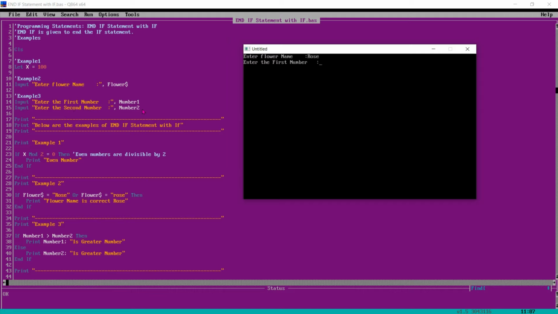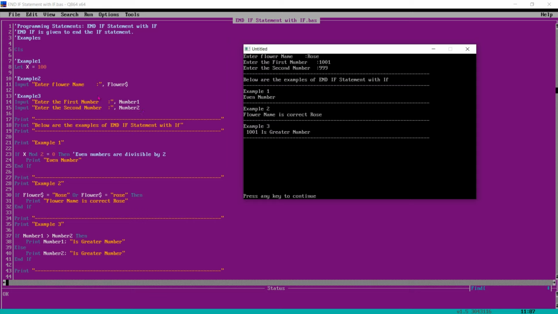I enter 1001. Enter number 2, 999. Then it prints, because here we have 100, it is divisible by 2, so even number. Flower name is correct, Rose, we have entered Rose, and 1001 is the greater number.